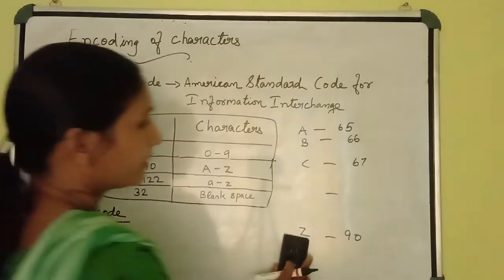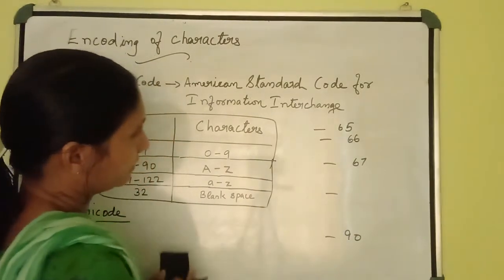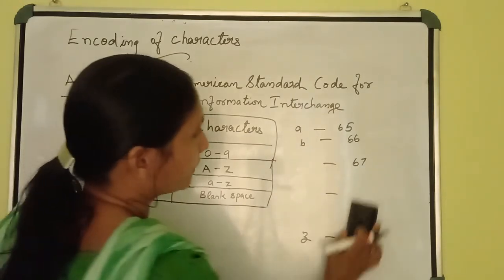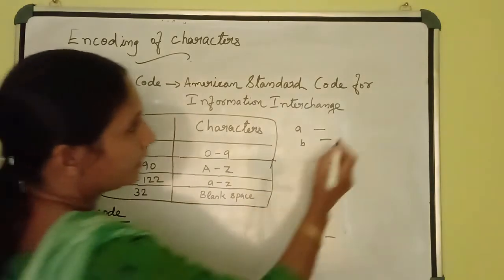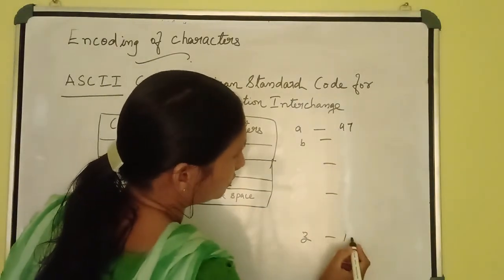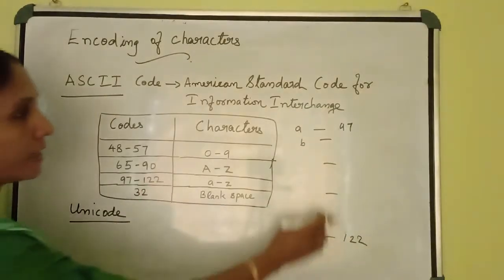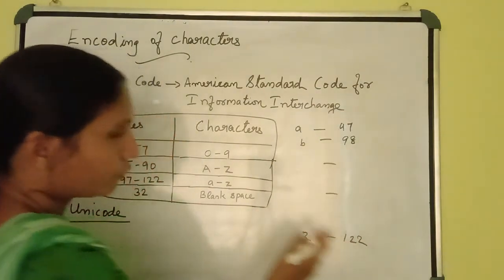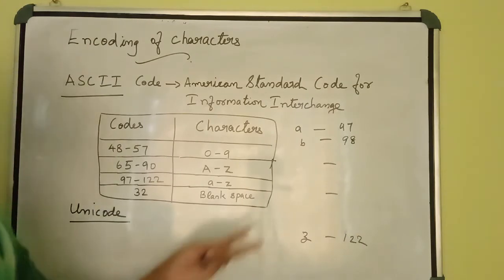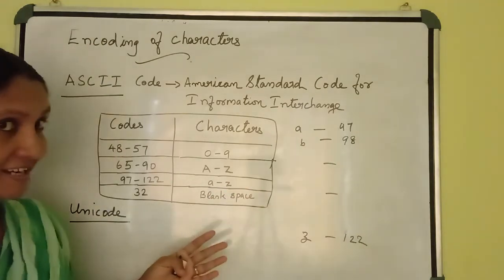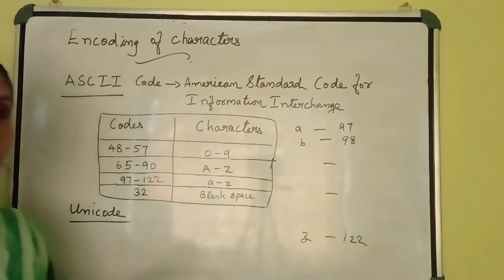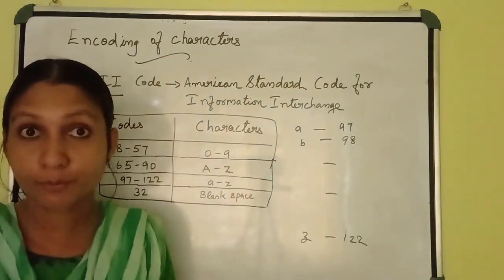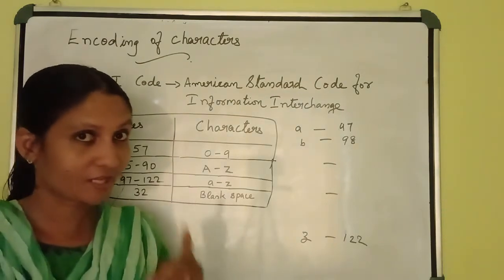And if it is small letters, a, b, like that, then it will represent which numbers? 97 to 122. That means b represents 98. Like that, you have to find it. Any letter you can find the equivalent ASCII code value. You should study this one. This is very important because using these codes, we are solving the problems in Java. Because of that, you should study.